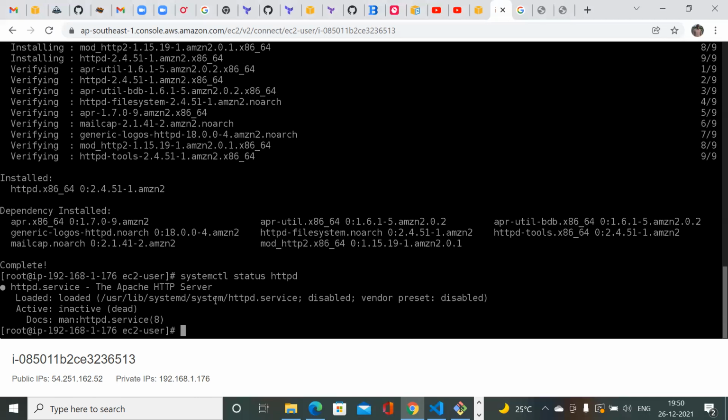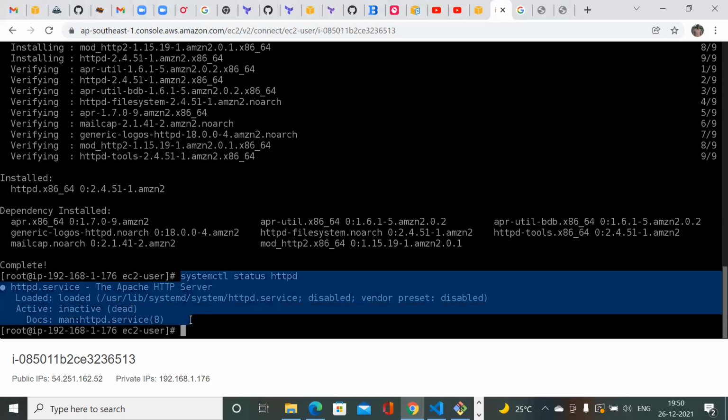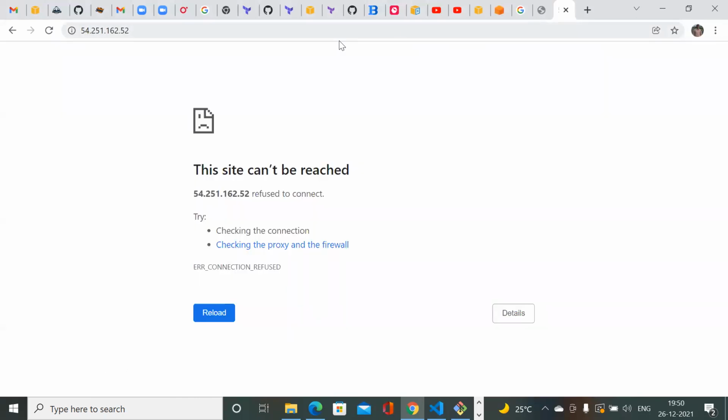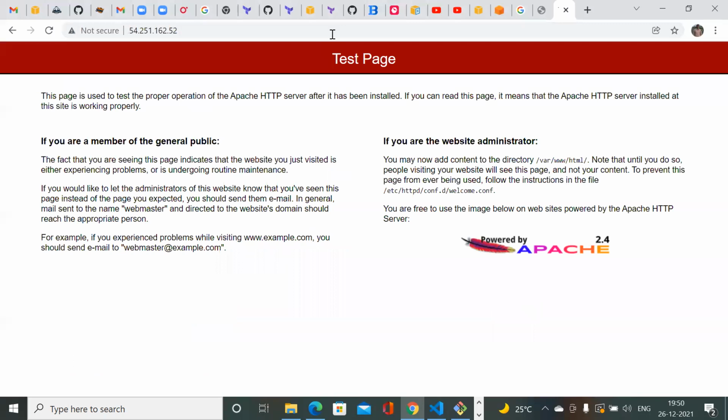HTTP. See here, the service is in disabled state. So now I have to start it with systemctl. Okay, now I'll go back and refresh the page. I'm able to get the page.